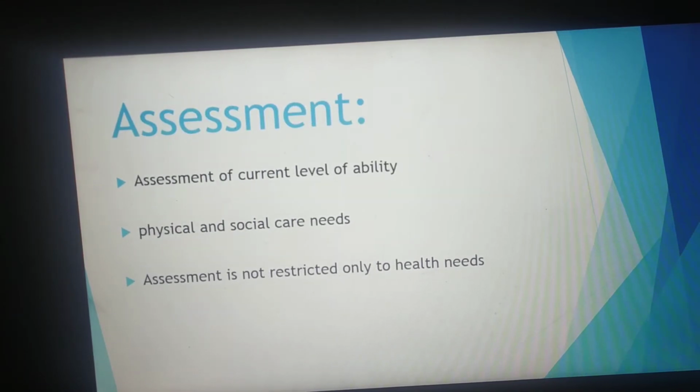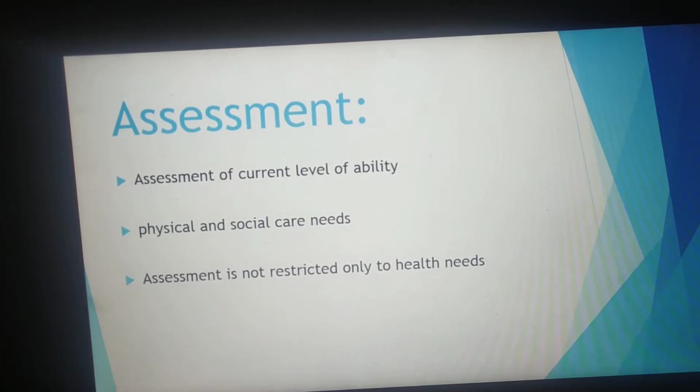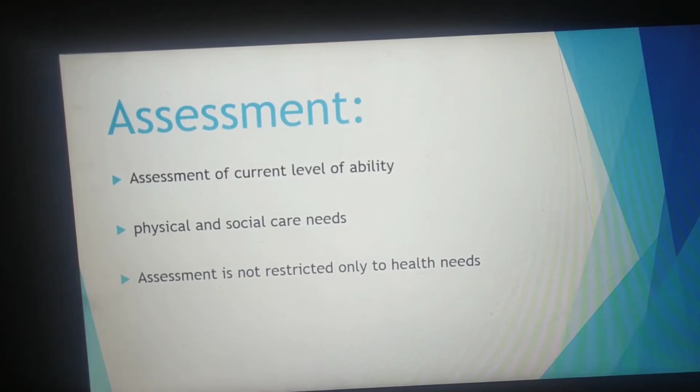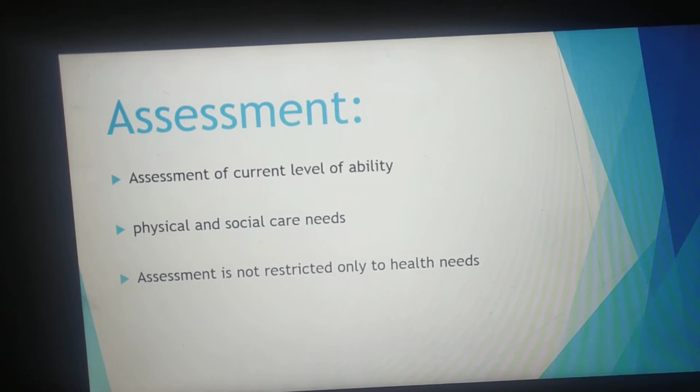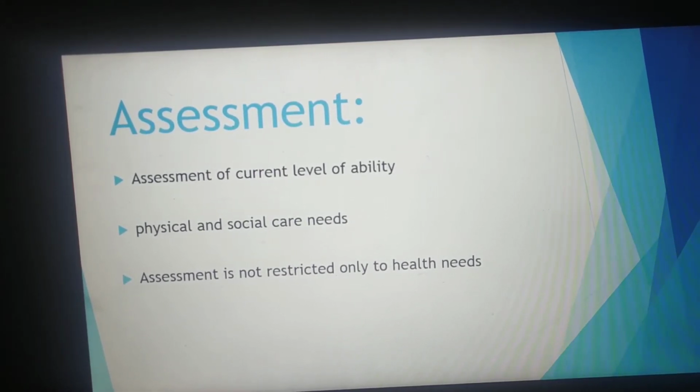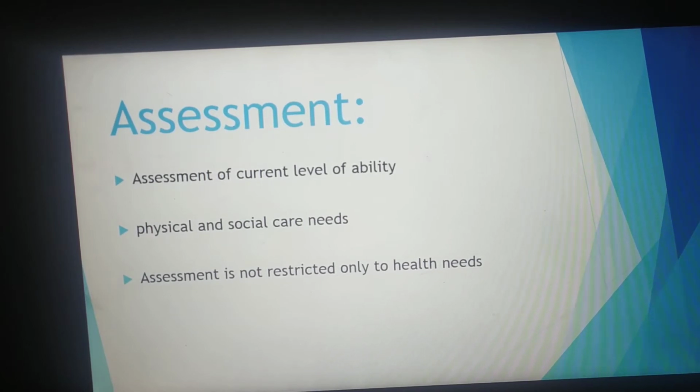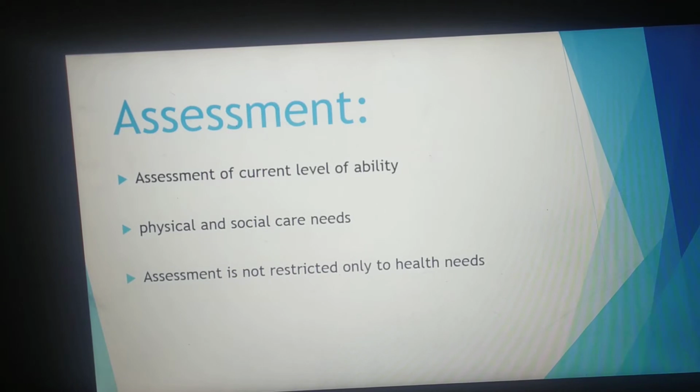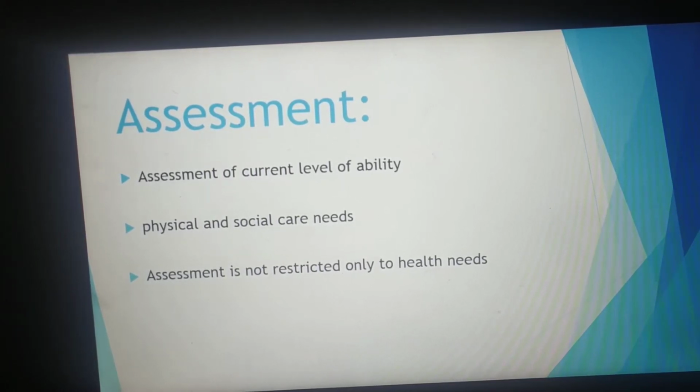Assessment is not restricted only to health needs; it is also important for the current level of ability. The assessment includes the physical assessment, from top to bottom, and also social care needs, and we also need to assess the mental status or mental condition of the patient.